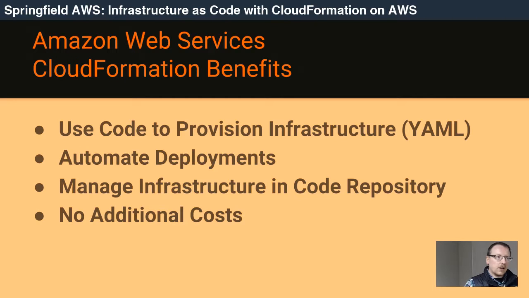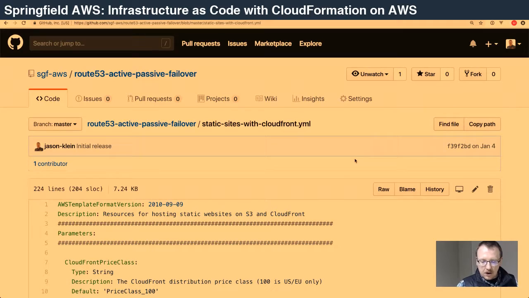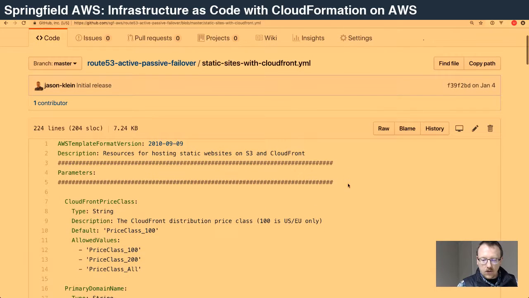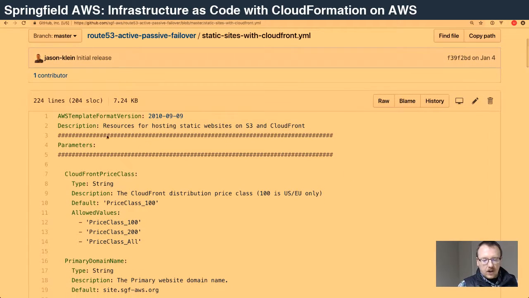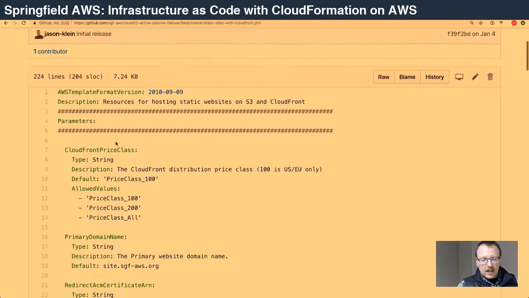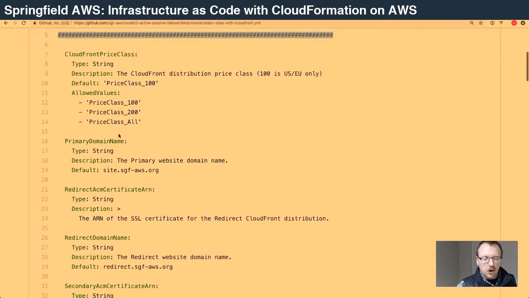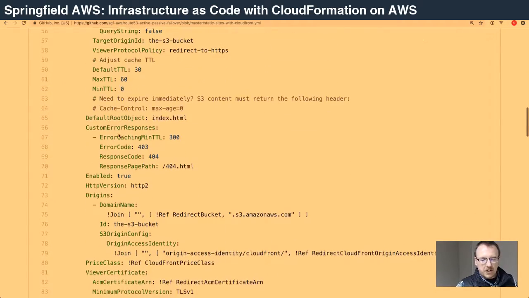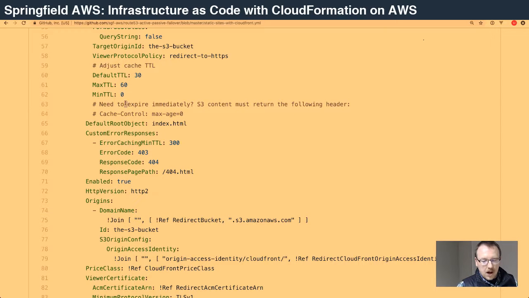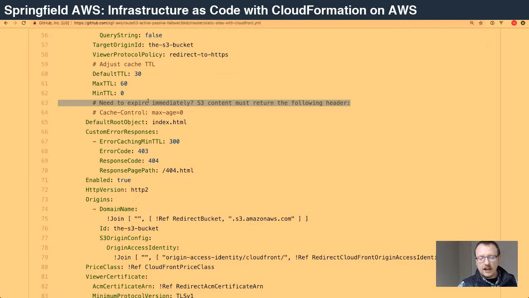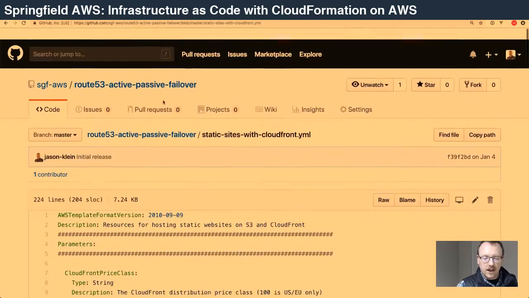And when you look at the code here in a little bit, I'll pop over to some code that we're going to look at a little bit later. This code is out in the SGF AWS GitHub account. It's rolling out some static sites, and you can see where it even allows us to format the code a little bit. That's essentially just one long comment, but it breaks up the code a little bit, makes it look a little bit nicer. In this particular case, you have some comments as far as do I need to use this? That's a perfect example of something that I'd look back at later and go, oh yeah, we were trying to figure out if we needed to set cache control there. But anyway,